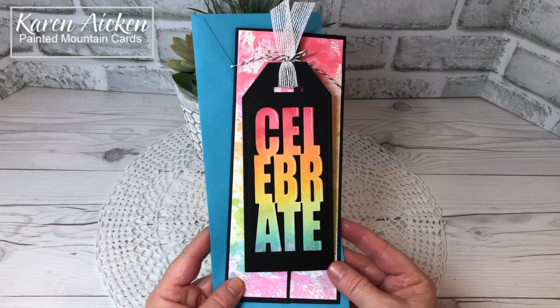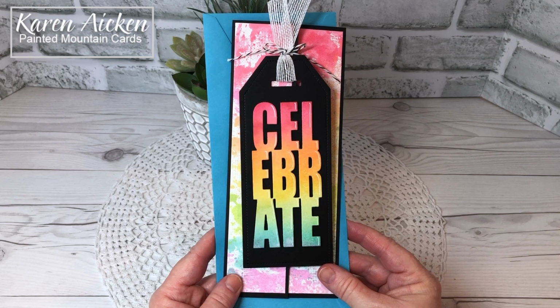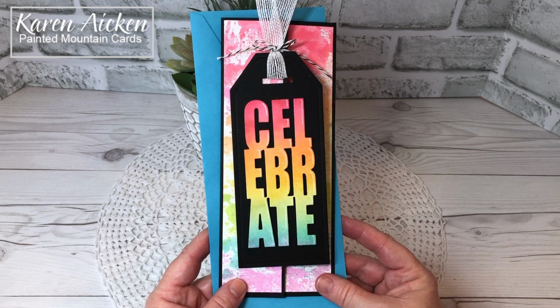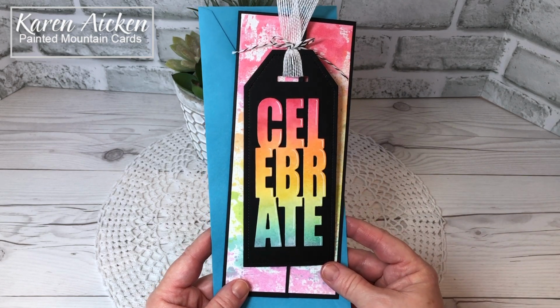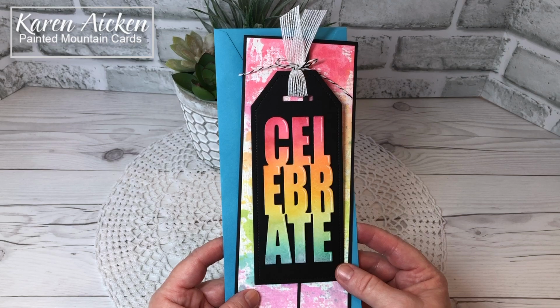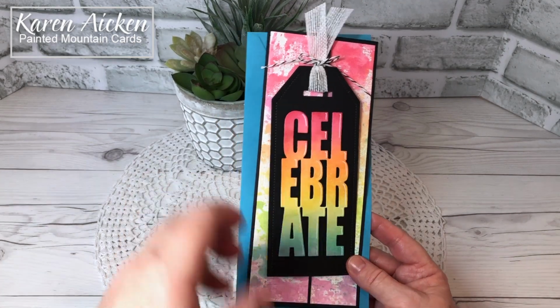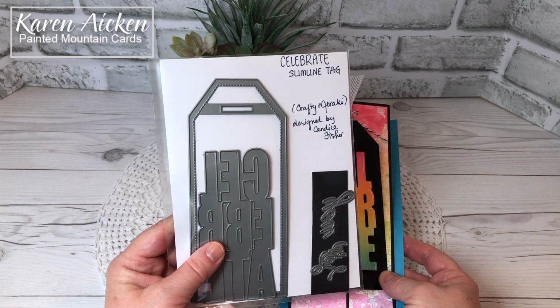Hello, my crafty friends. Today I am sharing a card for a Crafty Meraki design team post. Of course, I made a slimline card and used one of the new dies being released in a release called Meraki Hugs. Awesome release. And one of the die sets I was sent to work with is this Celebrate Slimline